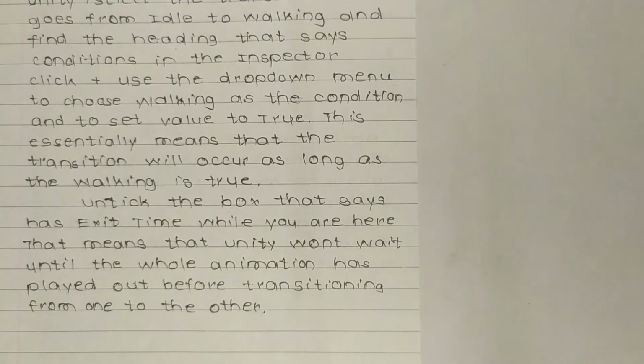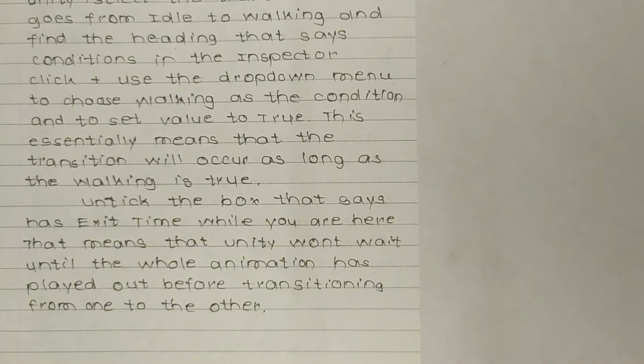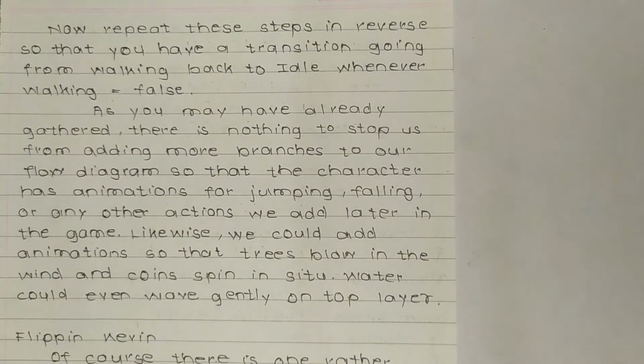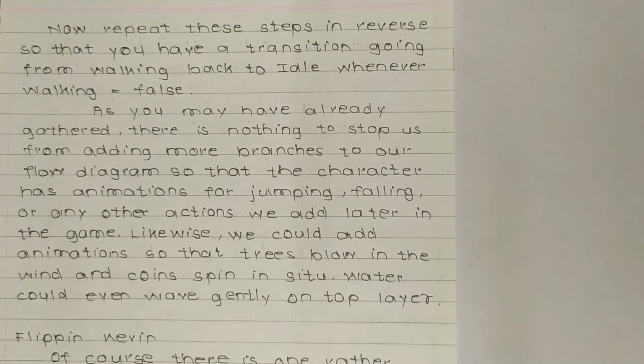Untick the box that says has exit time while you are here. That means that Unity won't wait until the whole animation has played out before transitioning from one to the other. Now repeat these steps in reverse so that you have a transition going from walking back to idle whenever walking